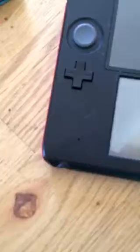And now here's the 2DS here. And now the 2DS is with the power button on the other side. So you have to move the sleep switch. But I don't think it will turn on. But you can also play DS games on there, like Electroplankton. The Mario Party DS is in there, so